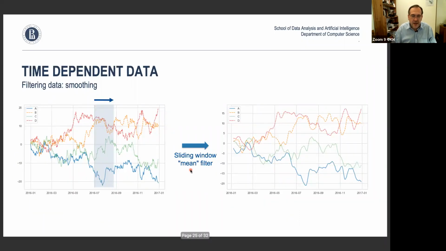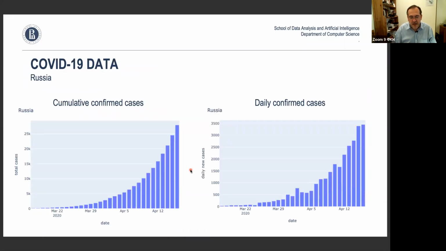Now, speaking of time-dependent data, right? I told you that we're going to actually look into those things, and it's maybe not a happy example, but it is an example that I think is valuable for all of us. And we'll also give you some data to try for the homework. Now, this is as of yesterday, right? This is COVID-19. This is what we see. Now, this is across entire Russia, not only Moscow.